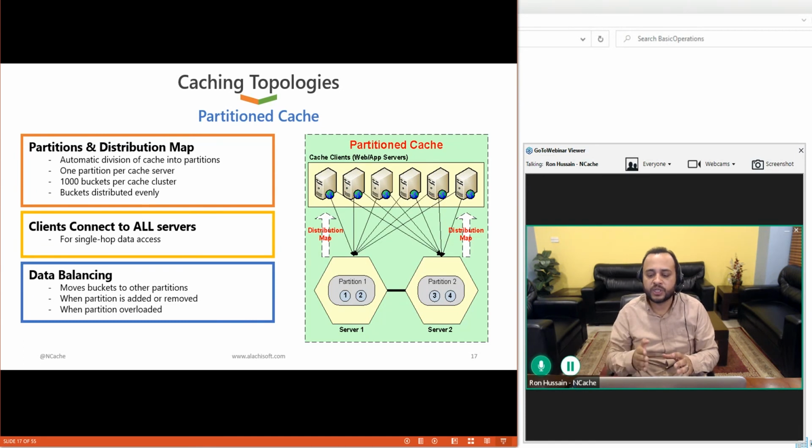And if you add more servers, you pool the memory resources together. More servers work in combination to one another and pool their resources and help serve client requests. So more servers mean more request handling capacity out of NCache. So it's very scalable as well. It doesn't have any backup, so if you lose any server, you lose that partition, so you get data loss. You need to reconstruct your data from the backend data source. Otherwise, for performance centric scenarios, for high performance for reads, for writes, and for scalability, this is a very good